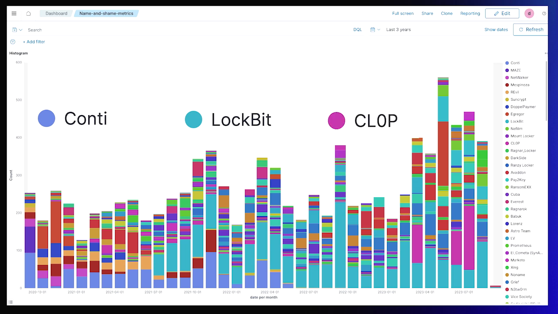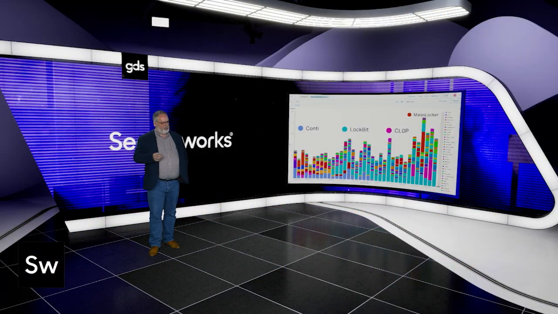Then you can see Gold Tahoe, in our language, Clop, with the 3 big magenta lines corresponding to the compromise, the 0 days, and the file transfer appliances. And also interesting, the kind of red spike 3 months ago, which is Malice Locker with a 0 day and Zimbra. So it's just interesting to see that, like any kind of relatively mature landscape, we've got a few big players, and then we've got shrapnel. We've got a complete diversity of playbooks and behaviors, new entrants constantly,